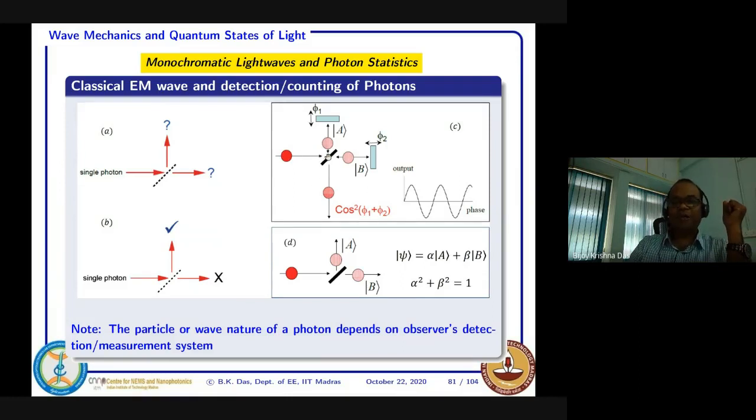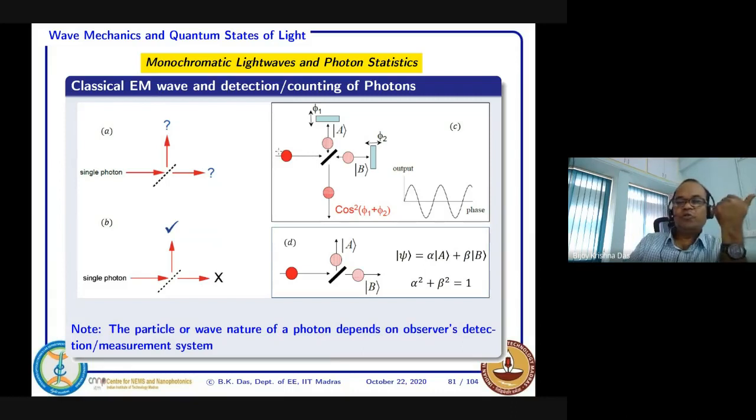Suppose one photon goes here and hits the beam splitter, and the beam splitter itself sends the photon either this path or this path. You don't need to consider that it is following two paths simultaneously. You just assume that inherently this photon was coming with a previously decided deciding factor, which we don't actually know. That deciding factor tells it, if a beam splitter comes in your way, you should take this path. That was somehow inherently there within the photon property.